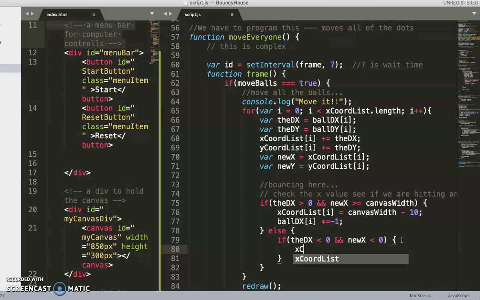like the x coordinate list. Okay, and I only have a couple minutes here. List of I. I'm going to run out of things, so I'll have to